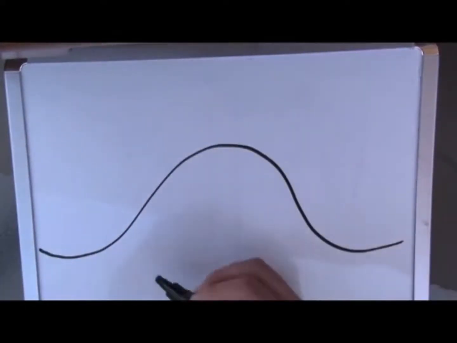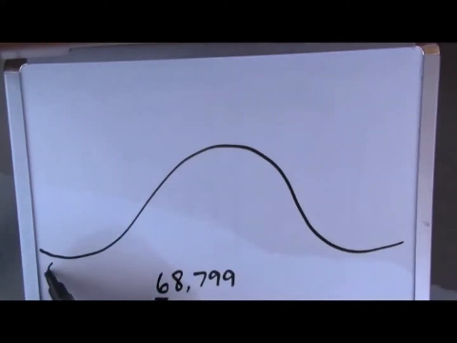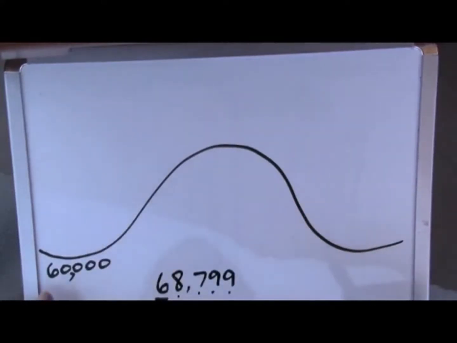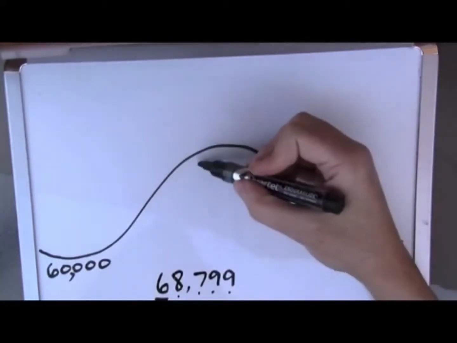So let's try rounding 68,799, and we're going to round this to the nearest 10,000s place. So you'll just do the same thing. You're going to write your 6, the number you underlined, and then count how many digits come after. 1, 2, 3, 4. So that's 4 zeros. 60,000. So up here we're going to write 70,000, and in the middle we'll write